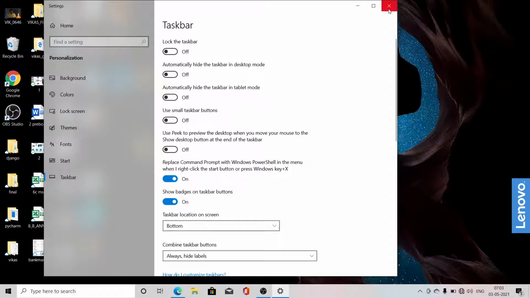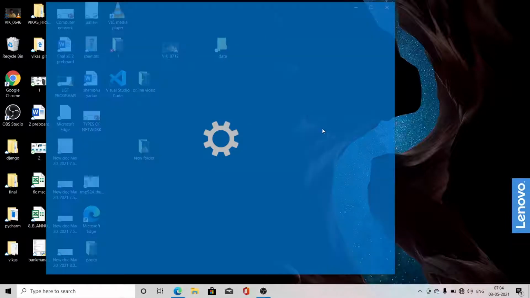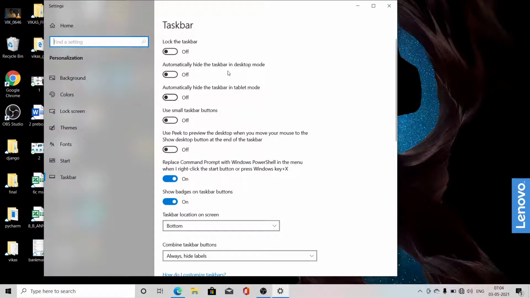And after turning it off, look here what you can do, you can move your taskbar and automatically hide this one.